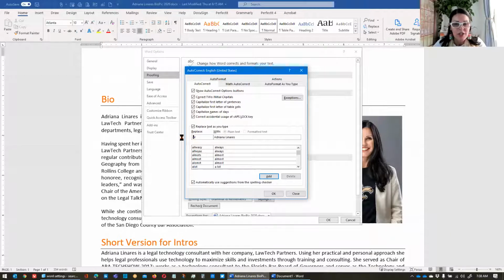So you can use this a little bit to help you with things that you type all the time, but I'll give you another tip, which is if you do this inside of Word, those auto replacements, all the quick spellings are going to be tracked inside of Word.